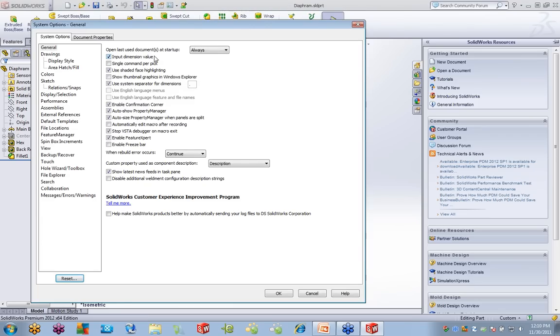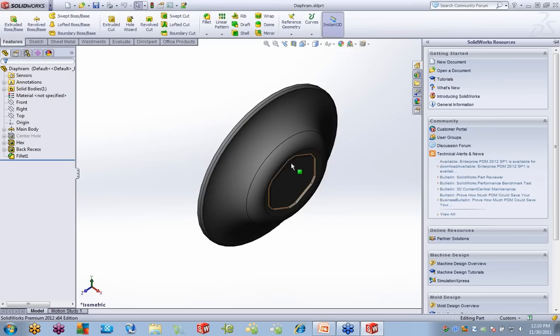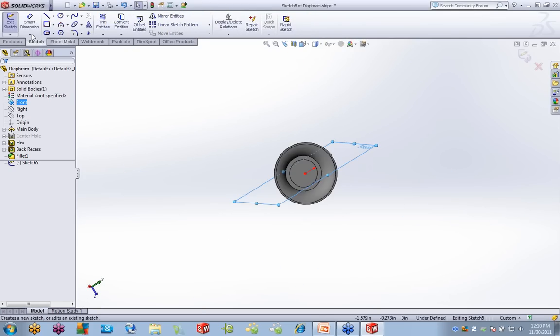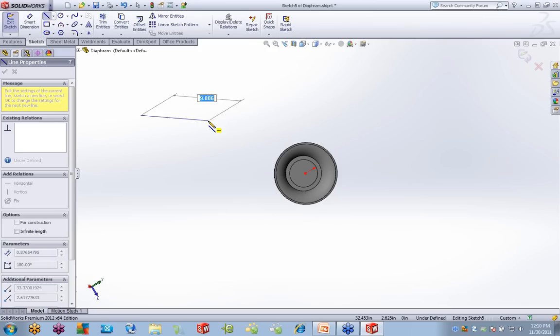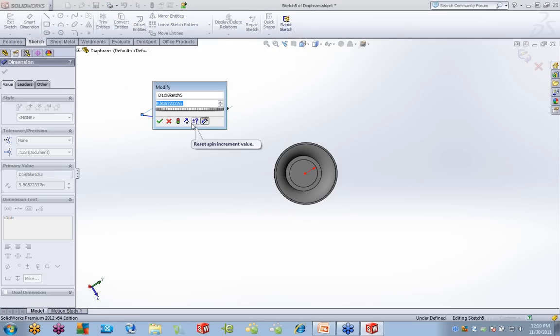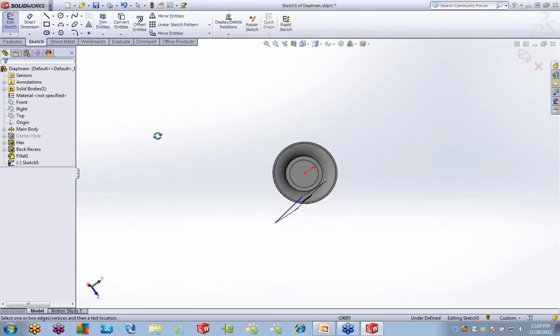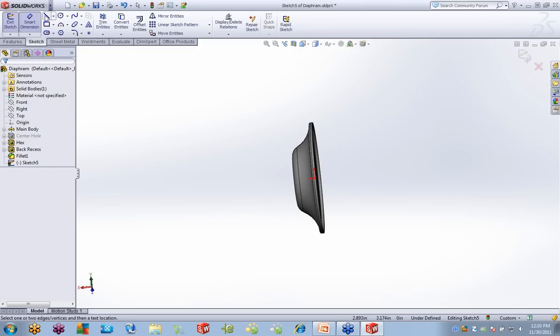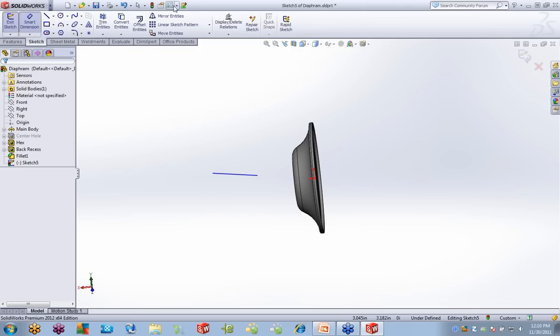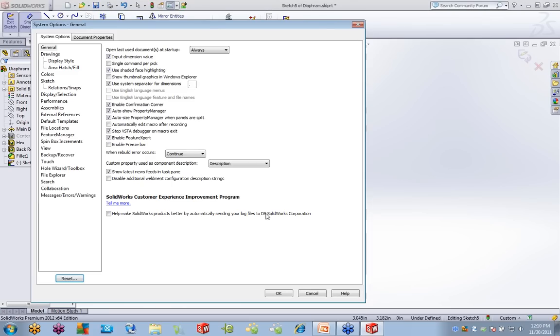Input dimension value. We're all used to sketching on a plane, and as we're placing a dimension on here, we're able to put in a dimension value, and the modify box actually comes up. Now, let me rotate myself on my screen here and get something a little closer. If I turn that option off,